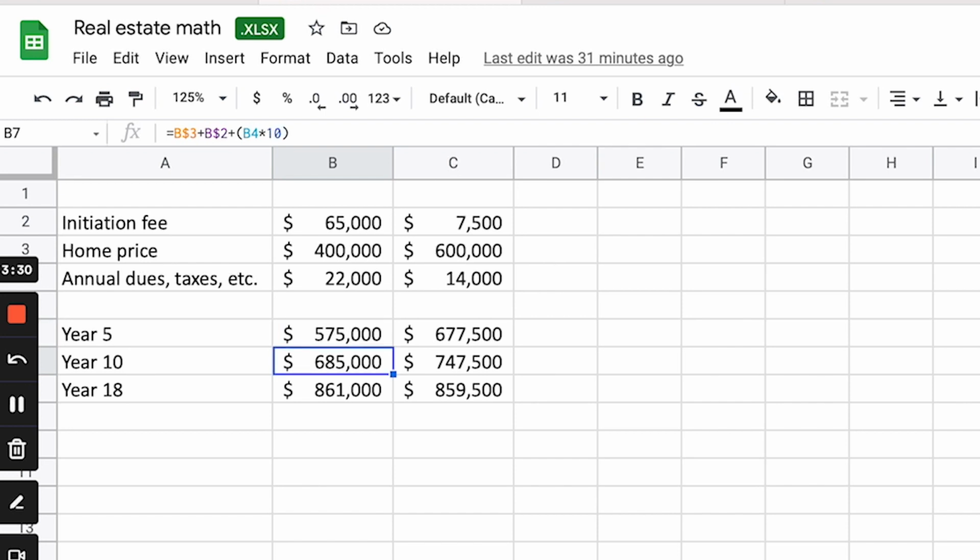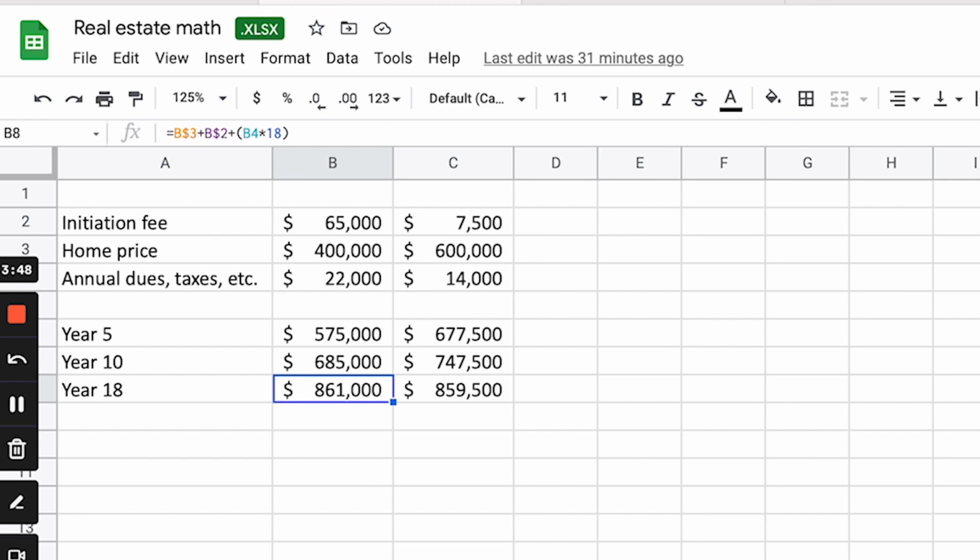Run it out to year 10. Now it starts to get a little tighter, but we're still talking about $60,000 in difference here, and we have to get out to year 18 of ownership before you get to the point where, by crude calculations,